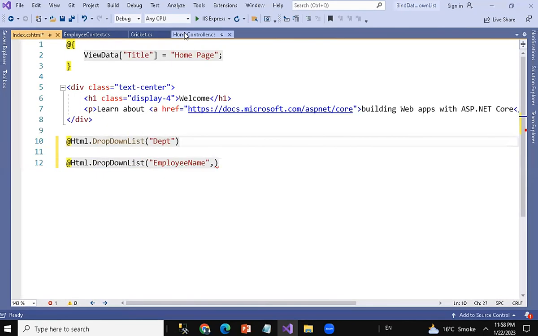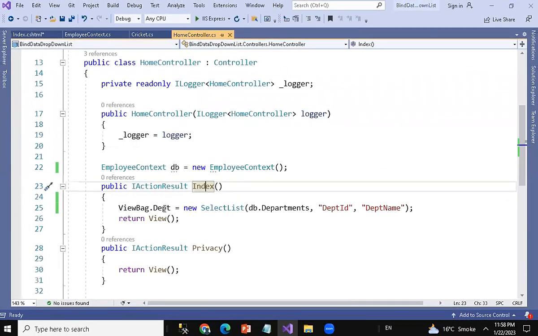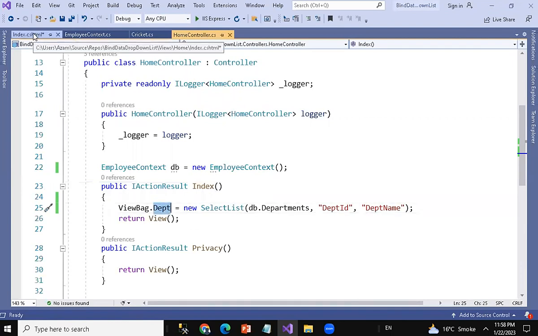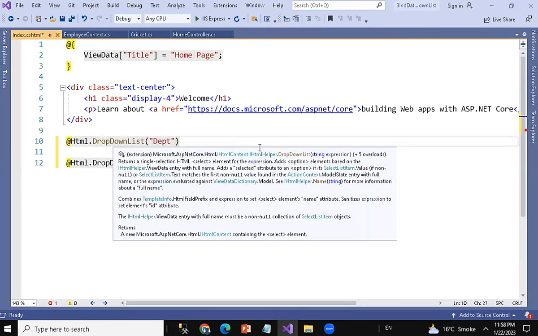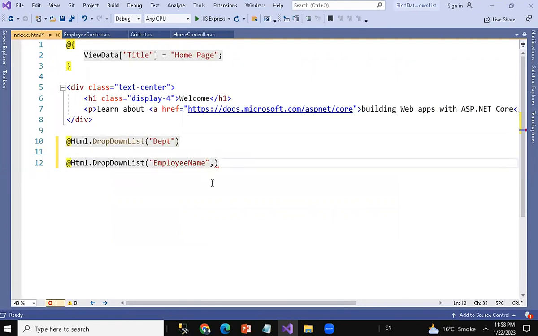If you go and check it here, we have only one department, right? So that's why you are able to see that in our first drop down list we are taking just a DPT, right? And now you are just taking another drop down list with the EMP name. Obviously, when we are taking this employee name, we need to display the employee name drop down list. But in that employee name drop down list, we don't need to show the data for us, right? So for that purpose only, we are going to write here